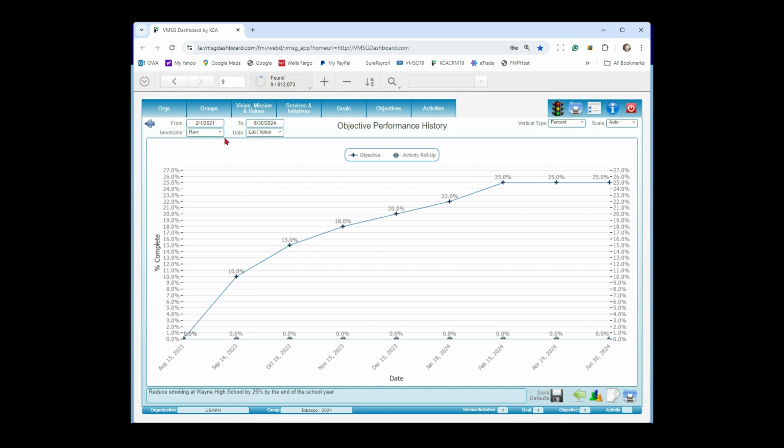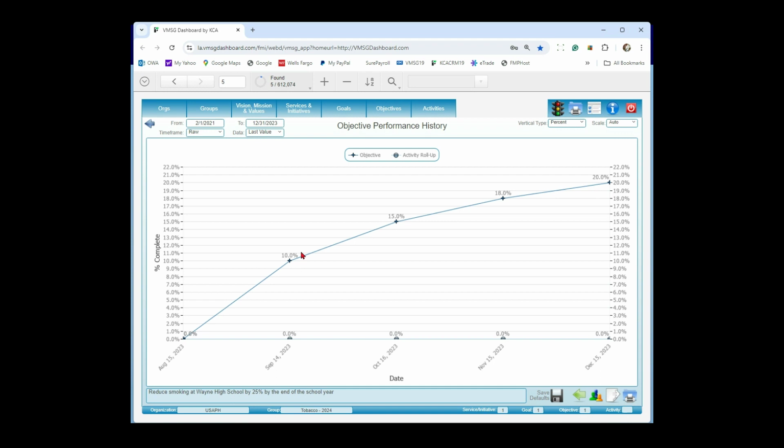The first one is you can say, I want to narrow the time range down. So you notice we're from August 15th of 23 up through, looks like June 30th of 24. Let's say I had this going for a couple of years and I just want to look and say, hey, how did we do in 2023? What I can do is just take this end date and make it, let's say, 12/1/23 and click off of it here, and it's going to narrow our chart down. So now we can just go through December 15th of 23. So what I've done is just said, okay, I want to look at just 2023,